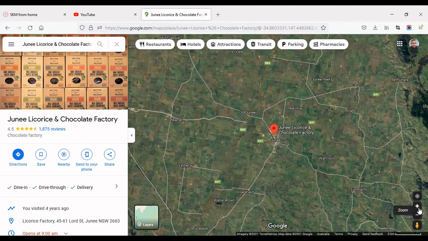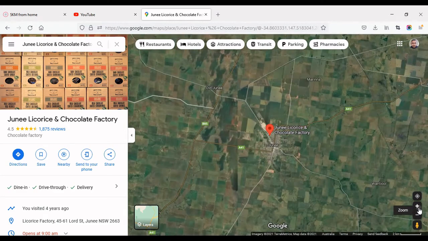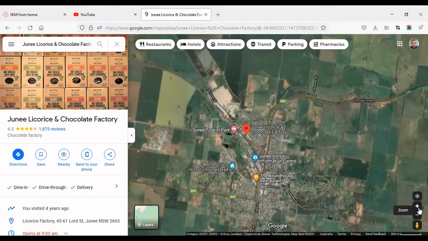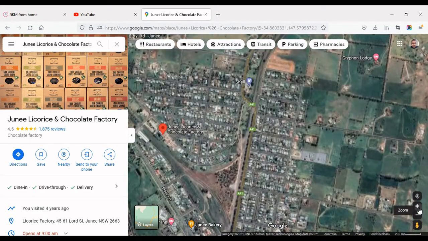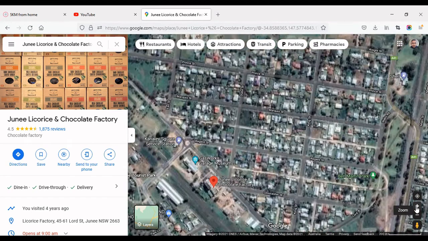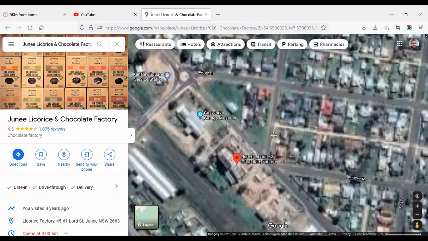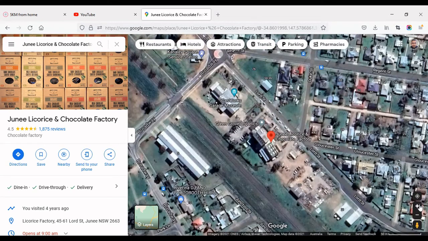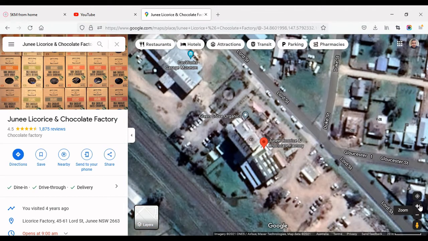The Junee flour mill had been sitting there defunct. I'm just trying to zoom back in on that, sorry. The Druce family bought the flour mill fairly cheaply off the council, and they had a plan in mind to not only benefit themselves and their productivity, but also benefit the town. So that would have been part of their pitch